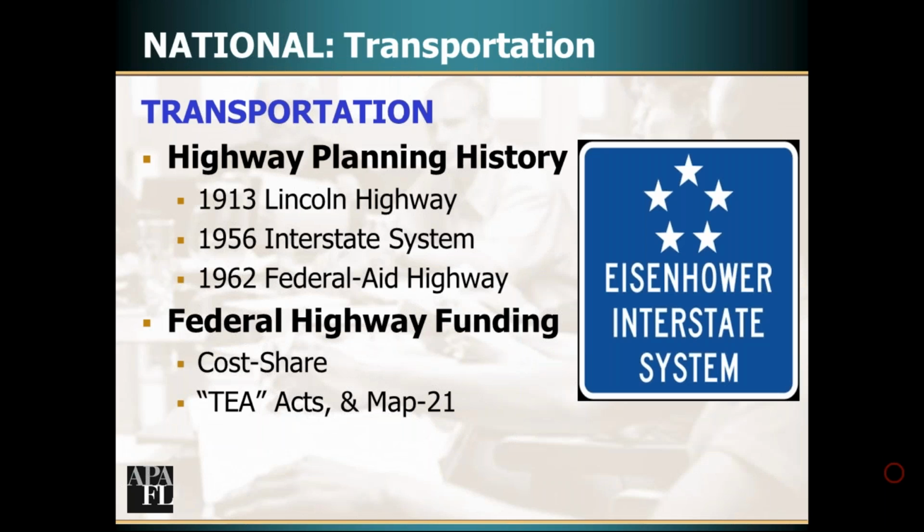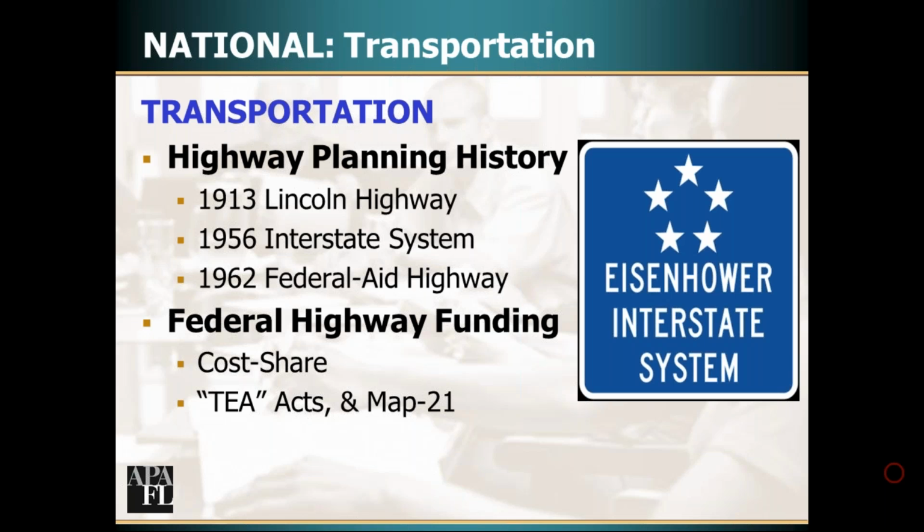What are some of the types of things they do? Well, at the national level, transportation. They have a highway planning history, and I'm going to give you some background on some of this in the text form that I wrote for the first half of this. Highway planning goes back to 1913 and the Lincoln Highway, which was the first cross-U.S. highway. I've talked about before, and we'll do it again when we get to transportation, the 1956 Eisenhower interstate system, the National Defense Act, and the Highway Trust Fund money that was being used by then.